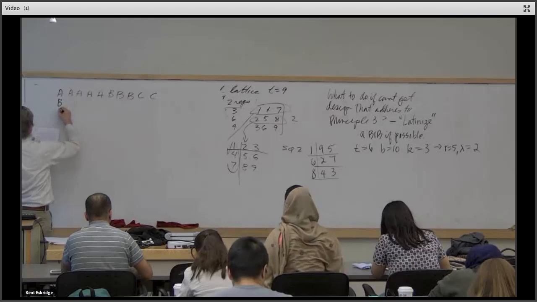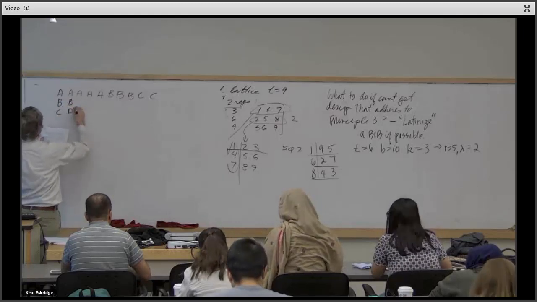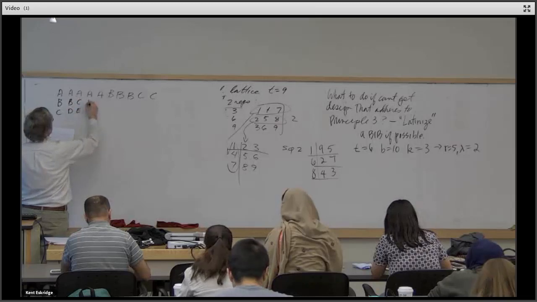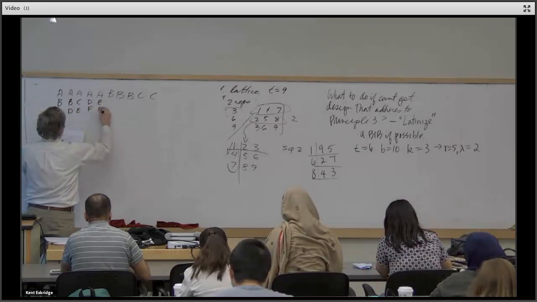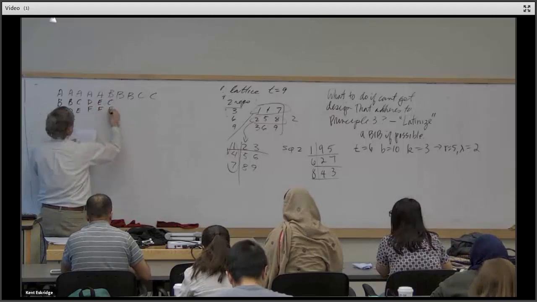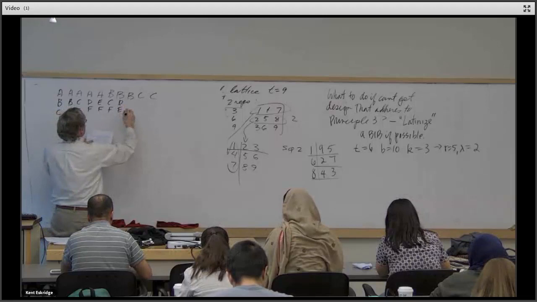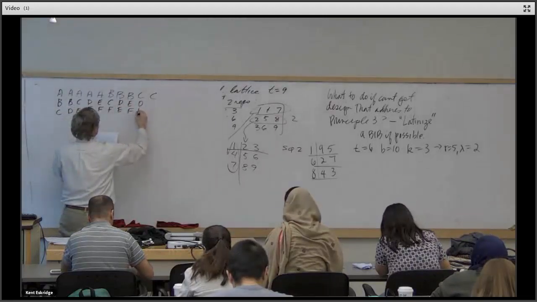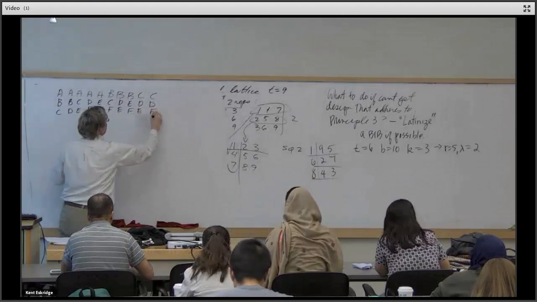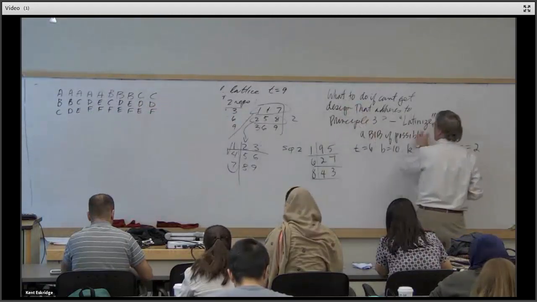Then I had B, C, D, E, D, F, C, F, D, E, F, G, and D, F. So what I'm saying over here is ideally, if 3 doesn't hold, then try to get a